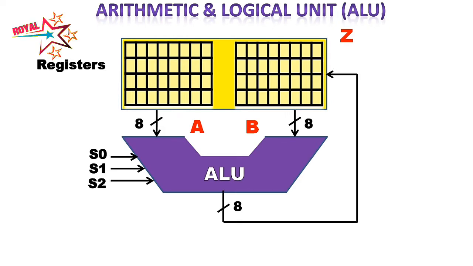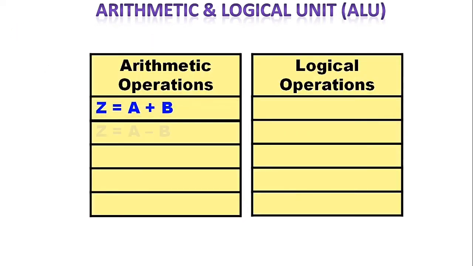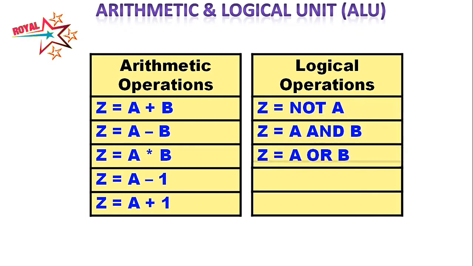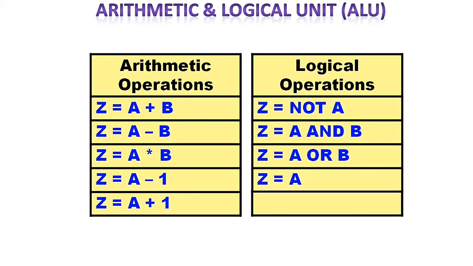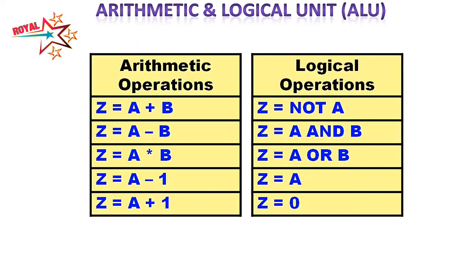An ALU can perform whatever arithmetic operation that we know how to implement, such as addition, subtraction, multiplication, decrement and increment operations. Bitwise logical operations such as NOT, AND, OR and others comprise a list of non-arithmetic operations such as value comparison and setting a register's contents to 0. The details of these operations have already been covered in our logic gates video. You can see that video in the pop-up I button above.